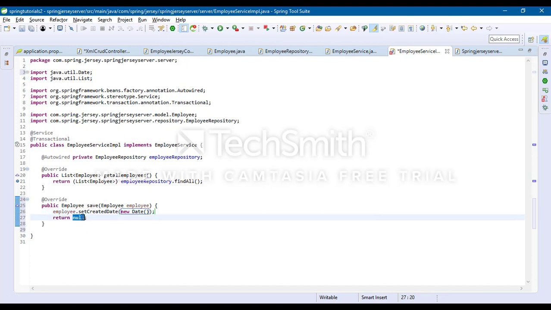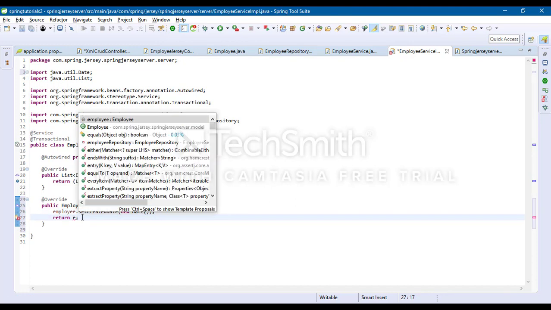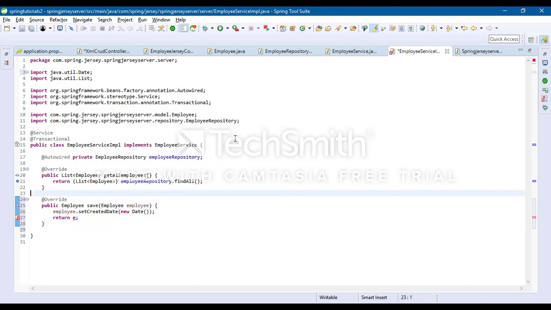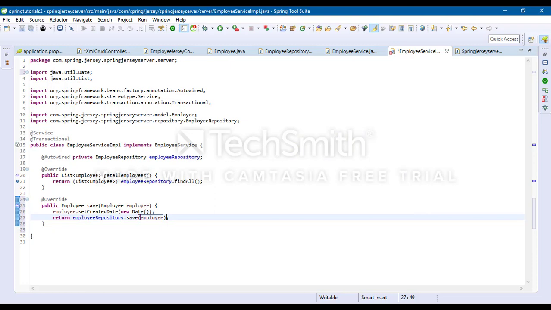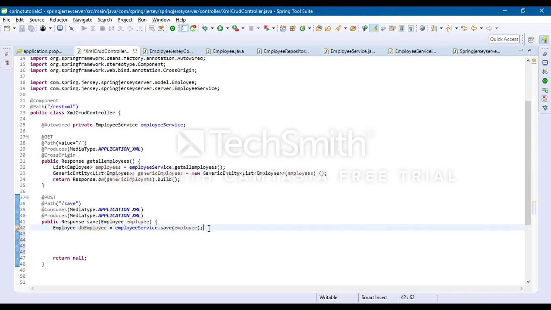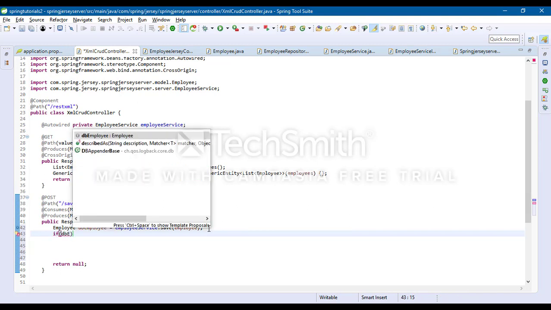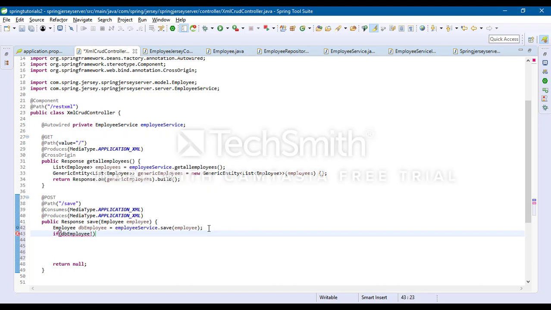Next, I am going to EmployeeRepository. employeeRepository.save, I am passing the employee object. Go to the controller. Here, if dbEmployee not equal to null,